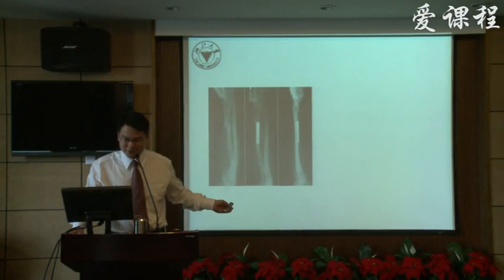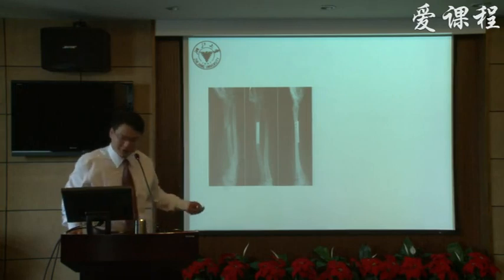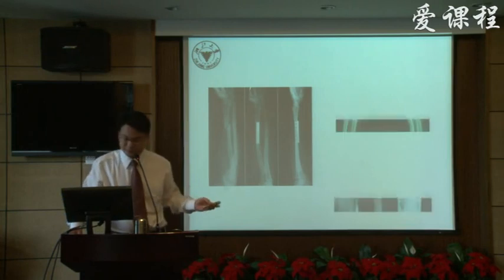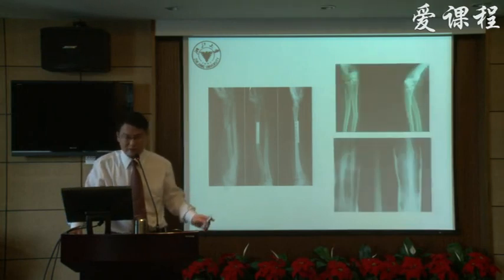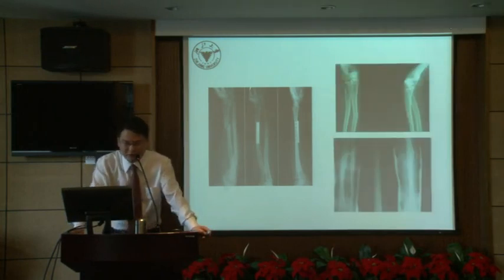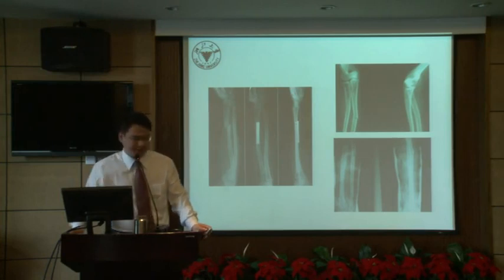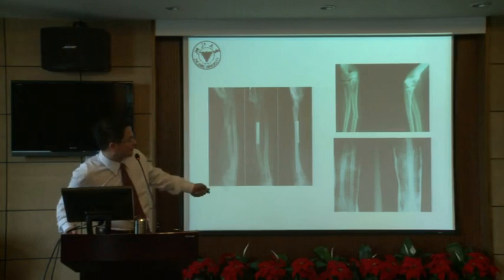Here is a simple fracture of the radius. We fix it using plate and screws. Here are double fractures of the ulna and radius. And in these cases, since the fractures are stable and we reduce